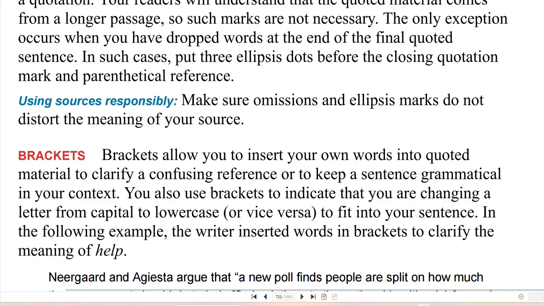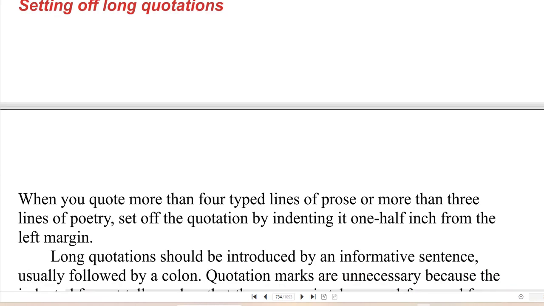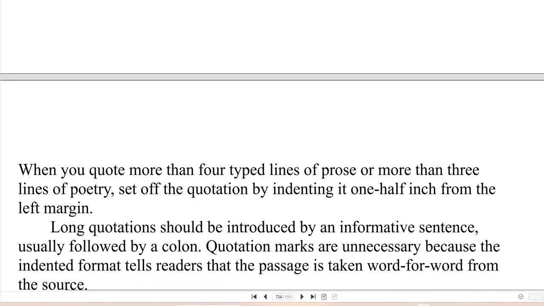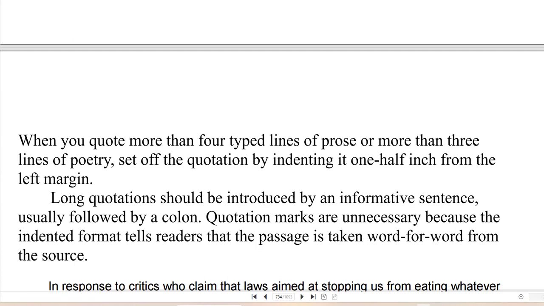Use your sources responsibly. And set off long quotations. When you quote more than 4 typed lines of prose or more than 3 lines of poetry, set off the quotation by indenting it 1/2 inch from the left margin. These are known as block quotations.